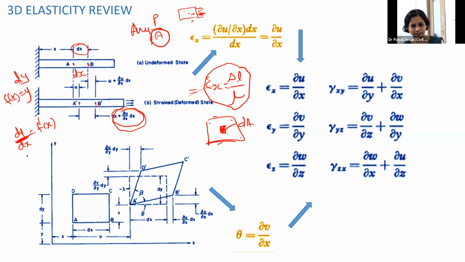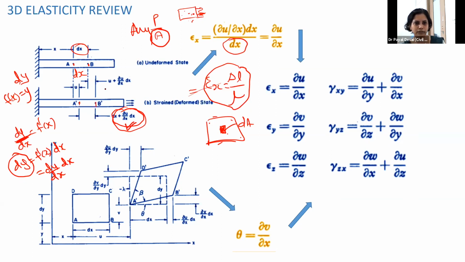When I want to write dy, how do I write? I will write dy is equal to f dash x into dx, and my f dash x is dy by dx. So the change in the function, that is the differential dy, can be written this way. If I have u, then the change in u, I can write as del u by del x into dx. So that's basically how much is the increase or decrease, the variation of the strain within the body. And then you simply apply the final deformation minus original deformation, divided by the length. So here we have taken a differential length.